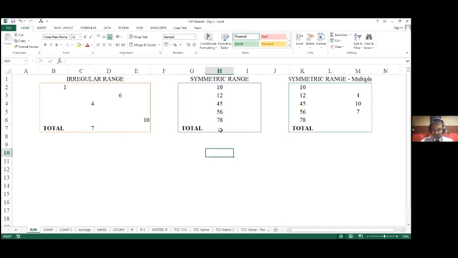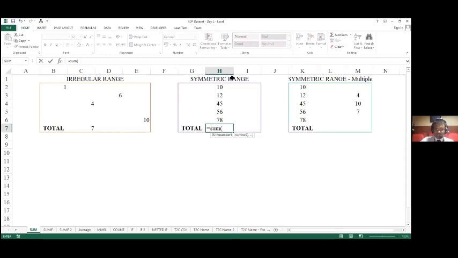If I want to sum up the answer for these 5 numbers, I desire the answer to be displayed in H7. So I'm going to use equal to. As I told you, whenever we use a formula in Excel, the syntax will always have to be called using equal to, and then we type in the formula: equal to SUM, open bracket.